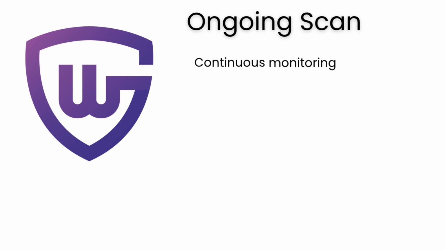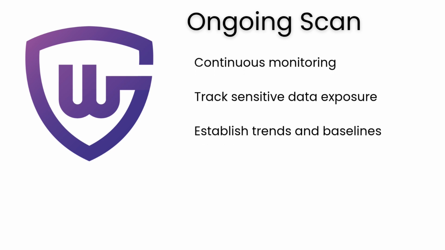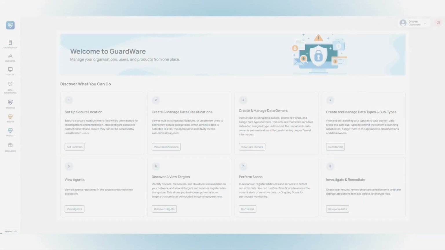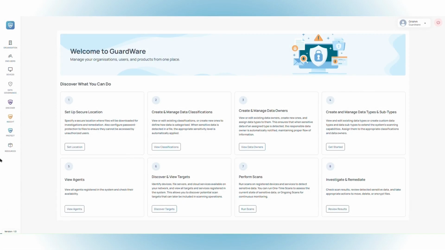An ongoing scan is designed for continuous monitoring. It runs automatically on a schedule you define and helps track how sensitive data exposure changes over time. Ongoing scans also help establish trends and baselines. For example, you can compare scan results over time to determine whether sensitive data exposure is increasing, decreasing, or remaining stable across the environment. With that in mind, let's walk through how to set up each scan type, starting with